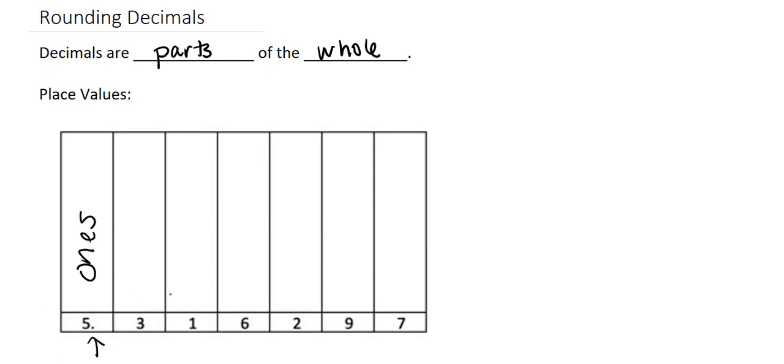Now this 3, we move to the right. So the first one to the right of the decimal is our tenths. Then we move to the right, we have hundredths. So basically all we do is add the TH at the end. It's kind of like what we would do if we were looking at the place values for the whole numbers as we move to the left. But now we're going to start with tenths, hundredths,